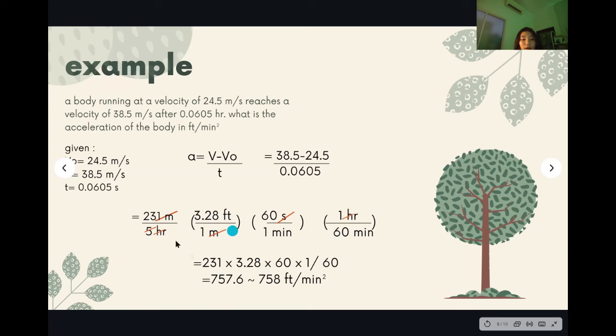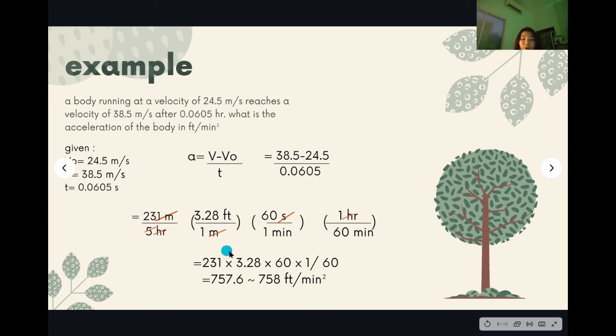And now we need to cancel out hours. So we put 1 hour over 60 minutes. Cancel the hours, cancel the 5, and the 60 seconds, we cancel the s because we don't need seconds, we only need minutes squared. So these are 2 sets of minutes. Okay, so it will be